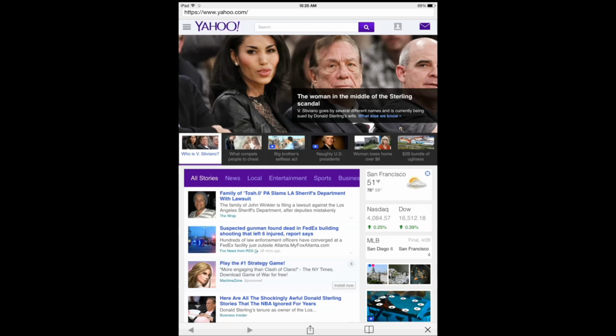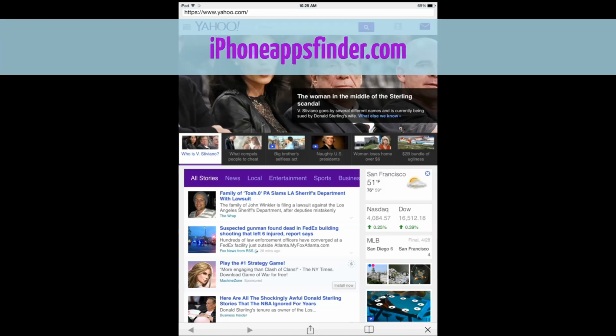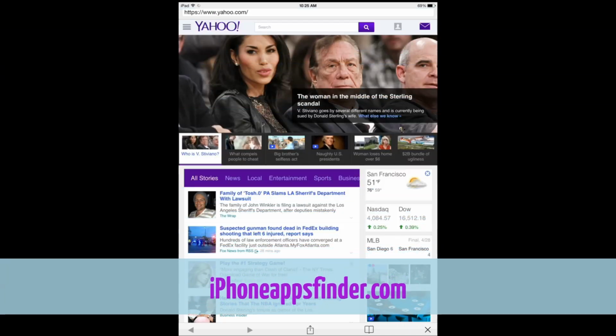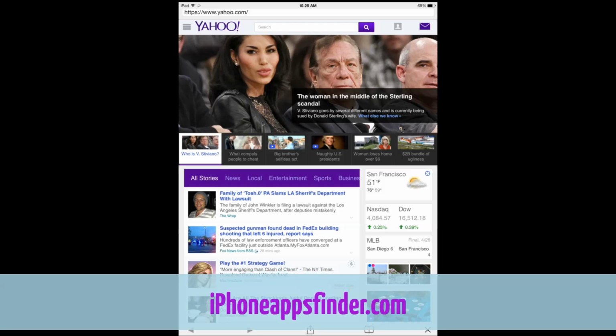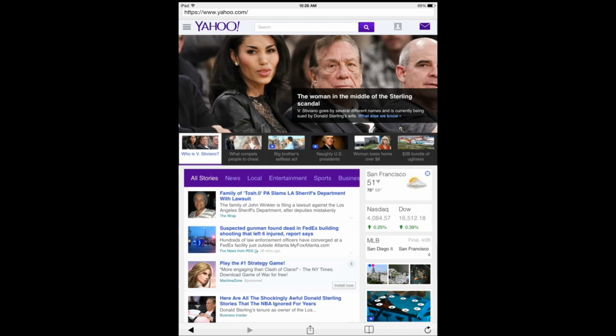Simple user interface. It's not the flashiest browser and it's not the fastest, but keep in mind, if keeping your privacy is important to you, the compromise that you have to make as far as the speed goes, it's not going to be a whole lot. A lot of people who use these solutions are aware of that. Obviously in a perfect world, you would not have to sacrifice any speed and get the privacy features that you like. But if you don't want to get tracked, or if you're doing something online that you don't want to get tracked, we're not judging. So whatever it is, you can use an application like this to make sure you're not traced